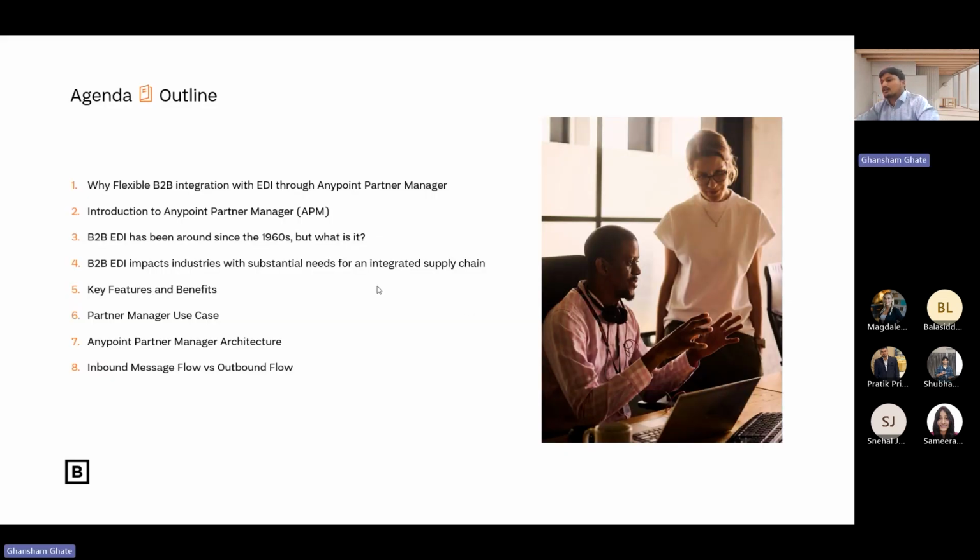So this is our agenda today. We will see why flexible B2B integration with EDI through Anypoint Partner Manager is important. We'll start with an introduction to the Anypoint Partner Manager. Then we'll see the history of EDI, how EDI has been helping B2B communication for a long time. EDI has been there since the 1960s, but what is it? We will see. Then we will see how EDI impacts